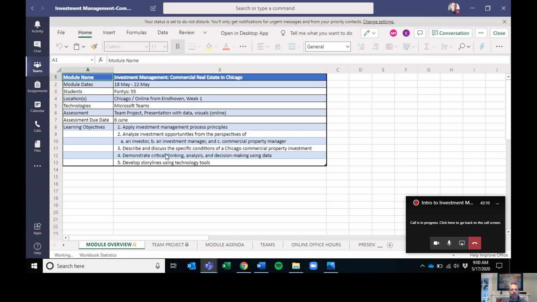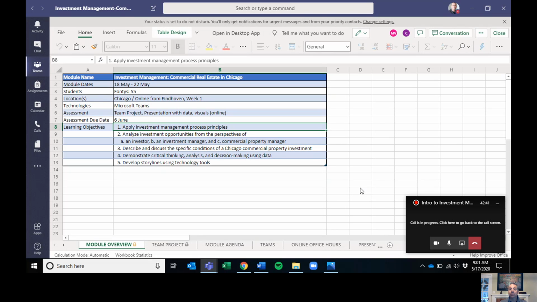So if we look in the module overview and we think about what is really the goal of what we're trying to do here together. This course is on investment management, so I'd like us to think about it in terms of a process. How do investment managers go about understanding, constructing, implementing, measuring, and adapting the regular needs of a portfolio's composition to best match the client's goals?